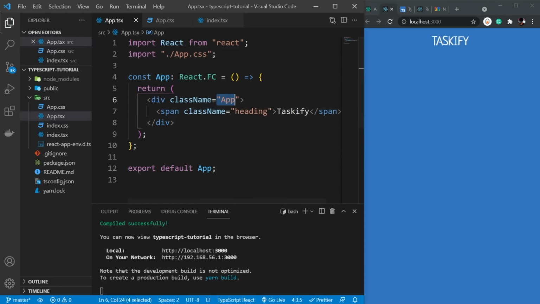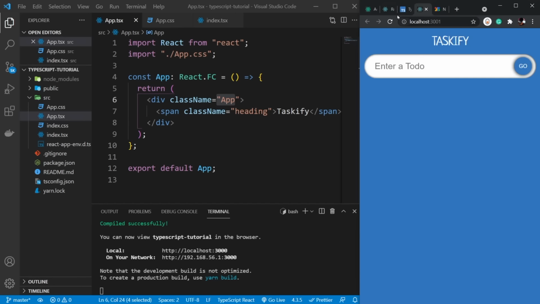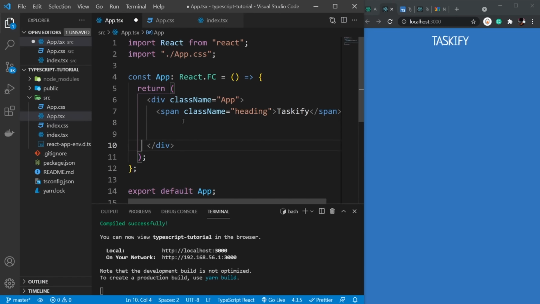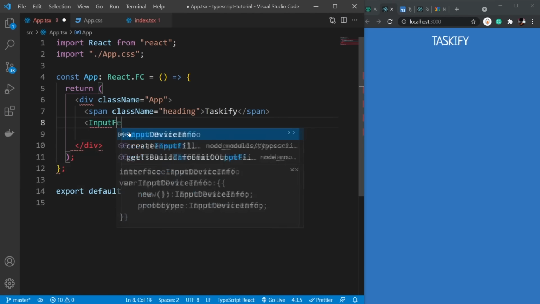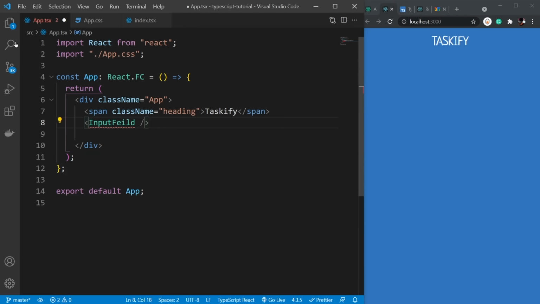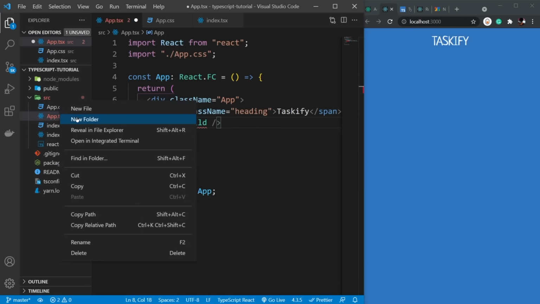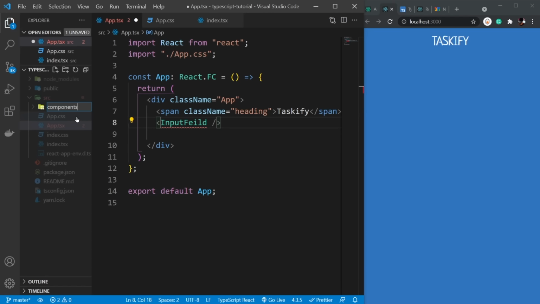Go to App.tsx and create our input field. That is this thing, this input field. So below this span, I'm gonna create a new component called InputField. So InputField. Now obviously this component doesn't exist yet. So let's create a new folder called components, and inside of it I'm going to create a new component called InputField.tsx,